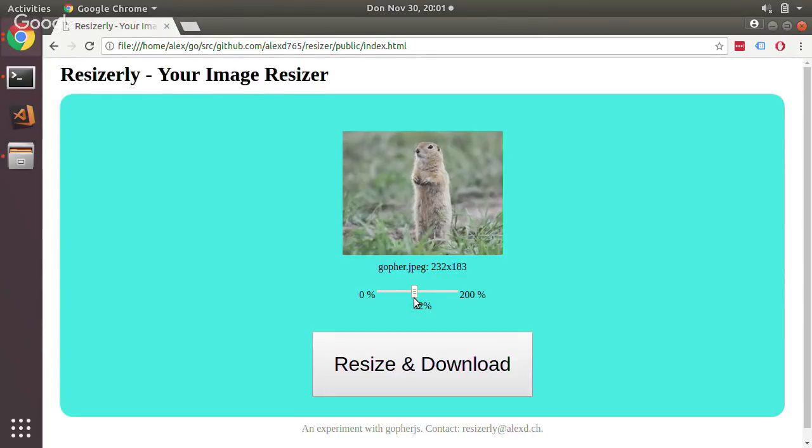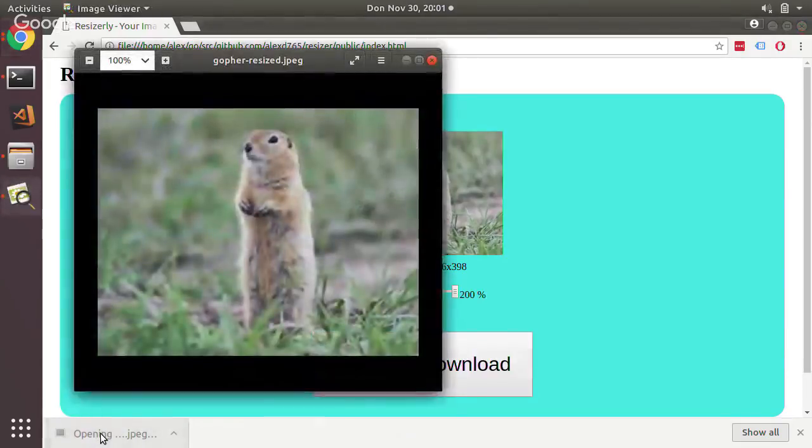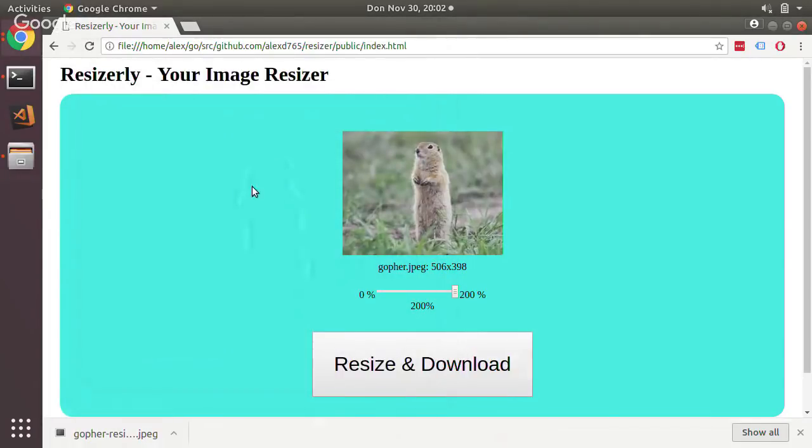Let's make this Gopher a little bit larger. Let's make it 200%. And then I have an almost fake button, resize and download. The download actually doesn't happen, but explain this to your user, I don't know. So let's click on here. And now I have a resized Gopher here, a way larger Gopher. So you can see this actually works.